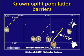So based on the mitochondrial DNA CO1 gene, we found these breaks in the Hawaiian Islands. One between Gardner Pinnacles and Mopupapa, one between Kauai and the Northwest Hawaiian Islands, one between Kauai and Oahu, and then Molokai came out isolated in one of the species. So here's our first picture of kind of how are the populations of Opihi divided up within the main Hawaiian Islands and the Northwest Hawaiian Islands. And the first thing that we can kind of take away from this, see the pointer right here, these two species, the only two that occur in the Northwest Hawaiian Islands, there's a barrier between the Northwest Hawaiian Islands and the main Hawaiian Islands. So there's going to be